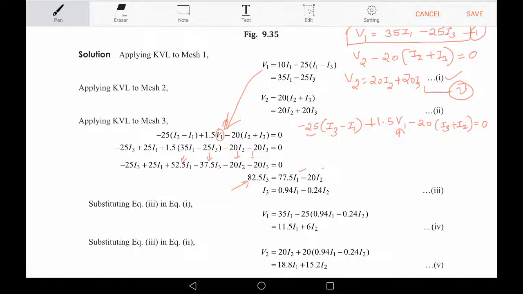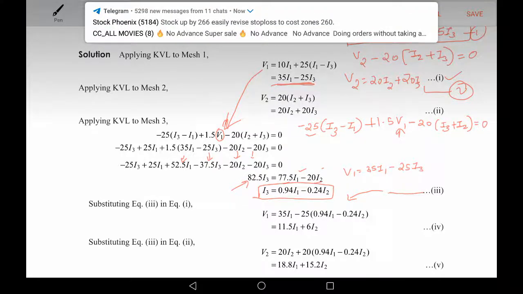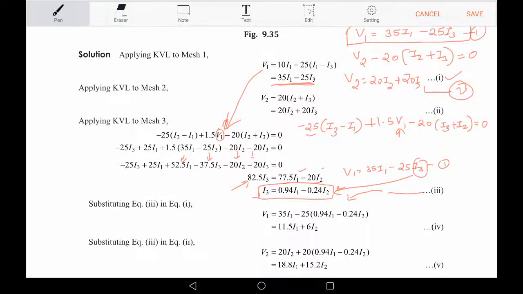Now we have to find I3, so divide each term's coefficient by 82.5 and we will get I3. Then substitute this expression for I3 in equation 1. Here V1 is equal to, from equation 1, 35 I1 minus 25 I3. Substitute the value of I3 we just got into equation number 1. When we rearrange, we will have V1 is equal to